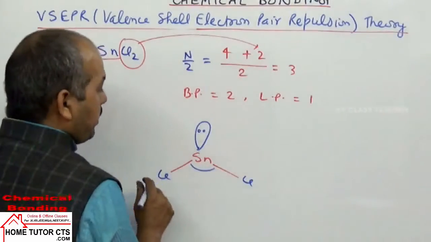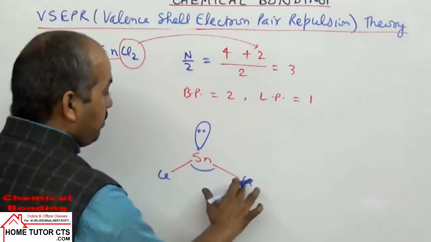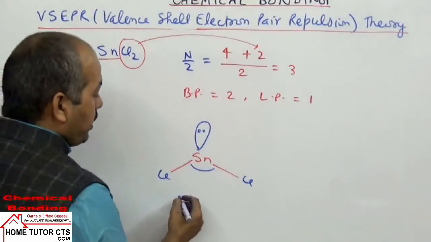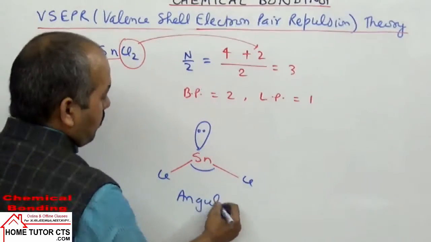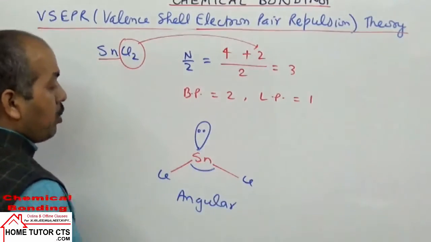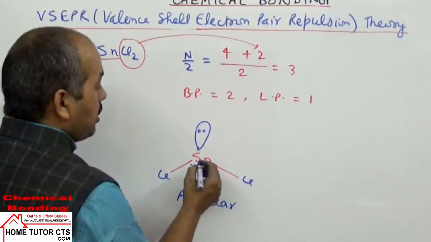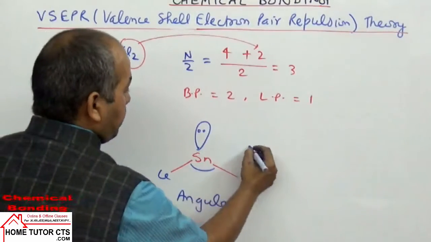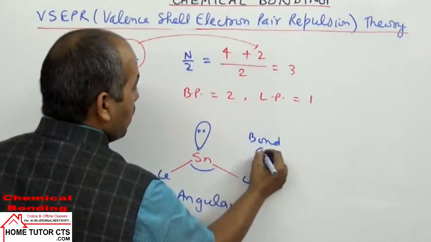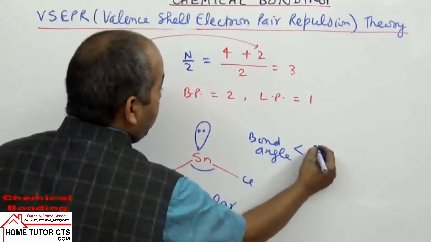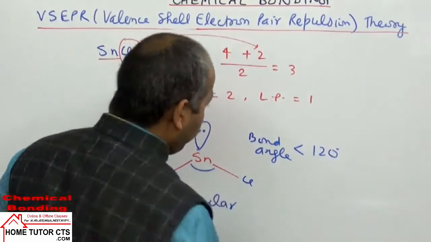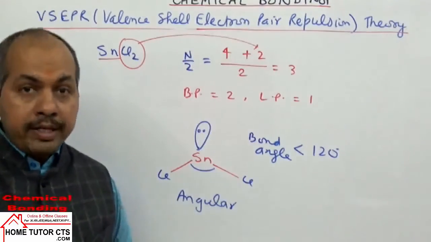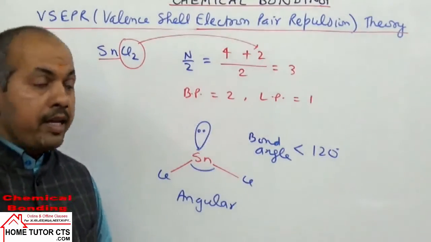Now what the shape become here? For the shape we see only bonds, not the lone pair. The shape can be called what here? Angular. The shape become angular and the angle become how much? This bond angle in this case become less than 120 degree. In this case the bond angle will be less than 120 degree, because when we have n by 2 3, the geometry will be trigonal planar.